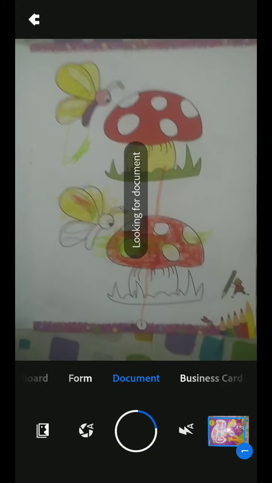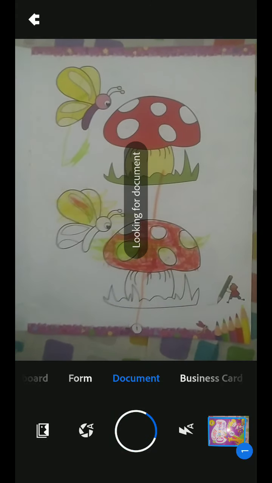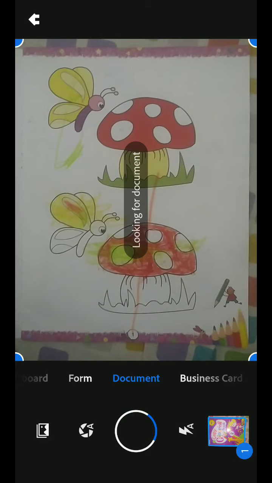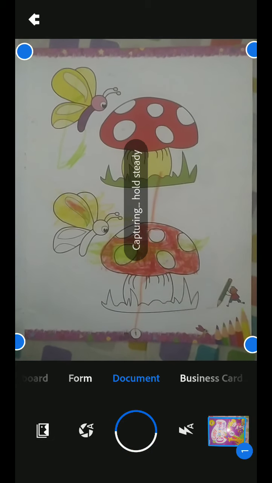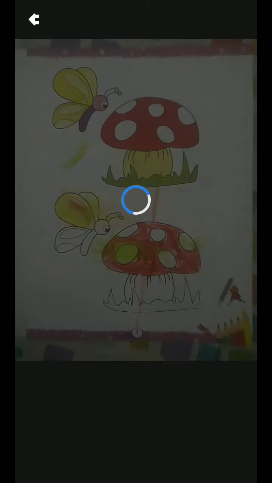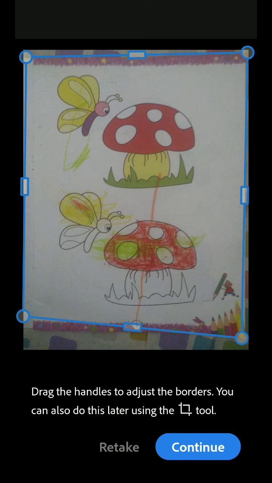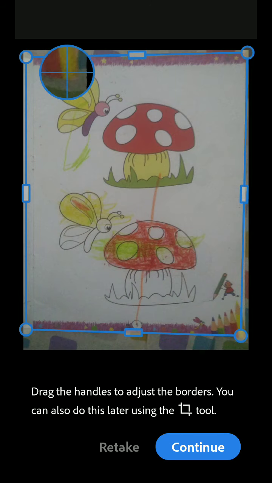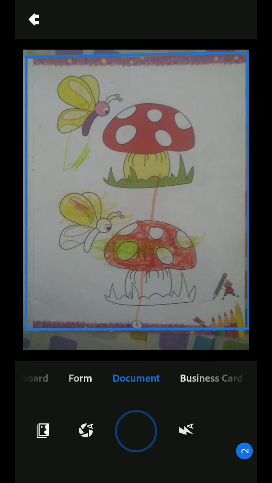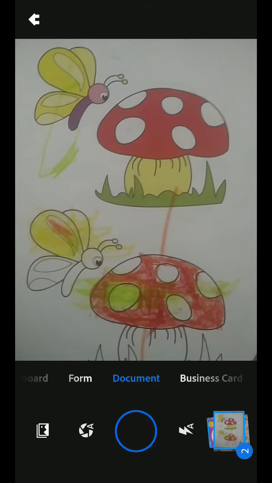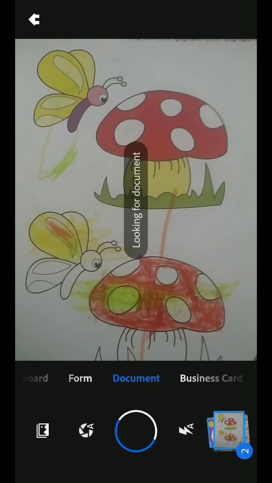Actually speaking, I am taking the pictures in a low light area. Keep it for a while, hold steady without any disturbance, and automatically it scans and takes a picture. If you don't vibrate or keep it steady for a while, it will take the photo. Keep going, continue, and the photos will be there automatically.